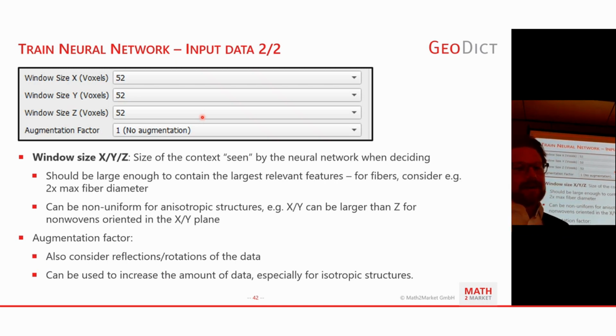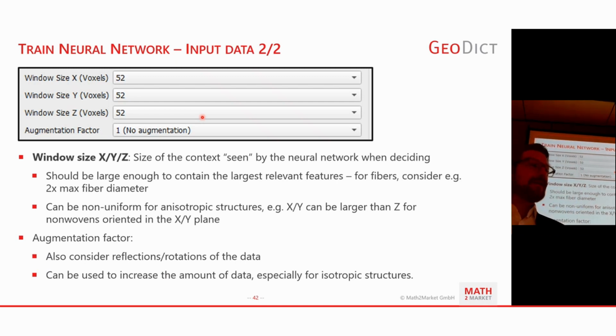And so you have to consider that the window size has to be chosen depending on your structure. You have to imagine that this is kind of a peephole that the neural network sees, and that's all it sees. It only sees that input window, and based on that window alone, it has to decide how to mark these voxels in the center of the window.